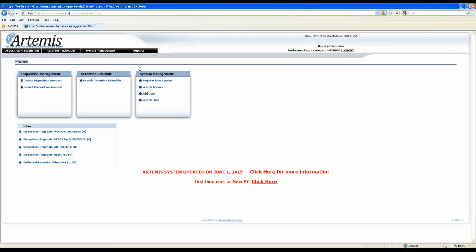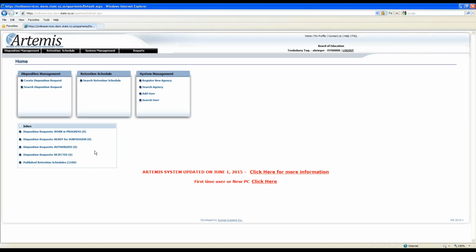The only box that we didn't bring out onto the home screen was the report section, and that's because, as reports grow, we don't know how many reports are going to be there, and it would be very hard to display all reports that are available in the system out on this home screen. So we just made it easier with the first three items. Below that box, you're going to see a box that says inbox. And the items in that inbox, except for the last item, which I'll explain in a second, are basically task items that you do when you're working within the system.